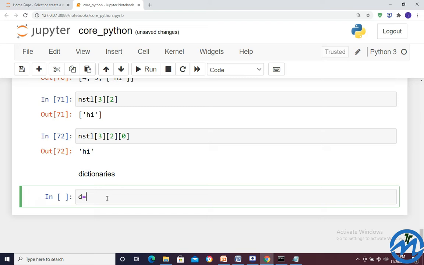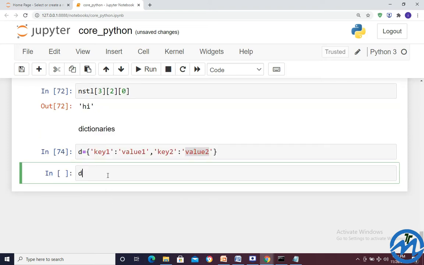So now D is equal to key1 colon value1, comma, key2 colon value2. This one.